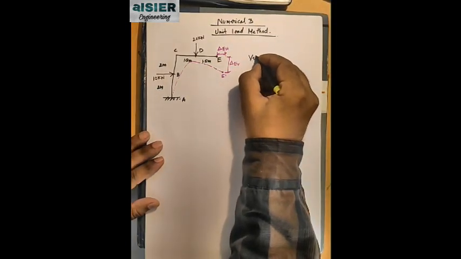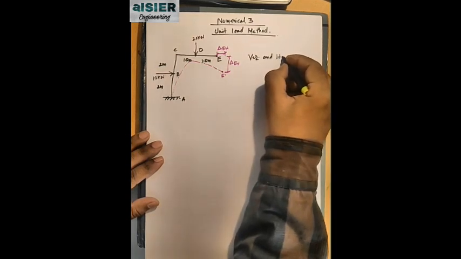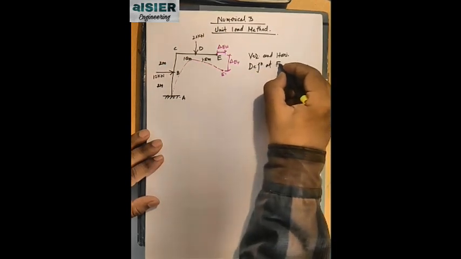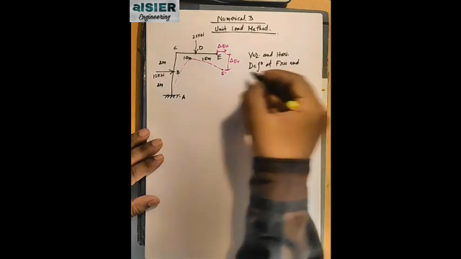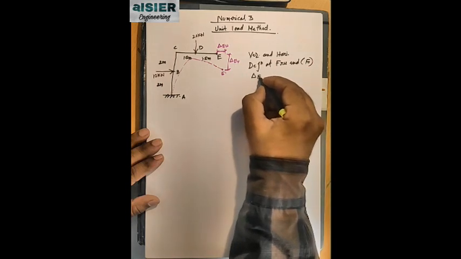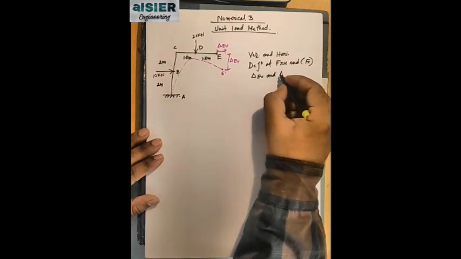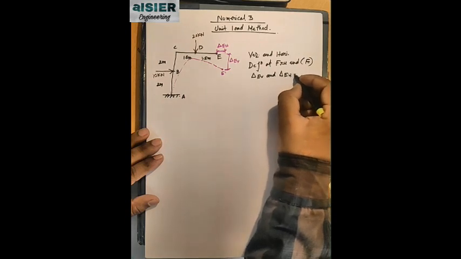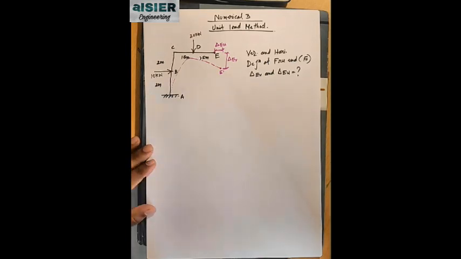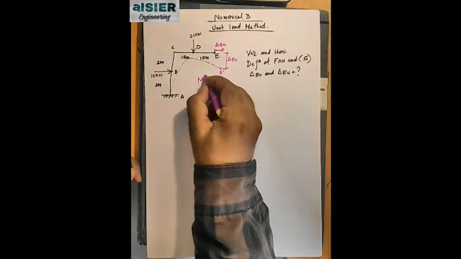So we have to calculate vertical and horizontal deflection at free end. Now free end is which end? This end E, and therefore we are interested to calculate delta EV and delta EH, means deflection. Okay. Now it is very simple to do this. What we will do, we will first name the diagram with original loadings. So the diagram with original loading is which diagram? It is capital M diagram.